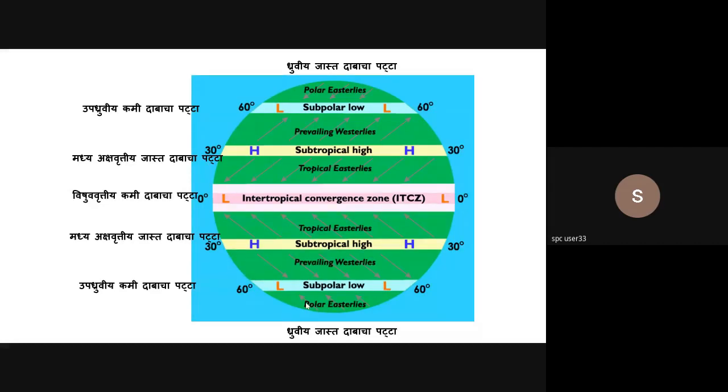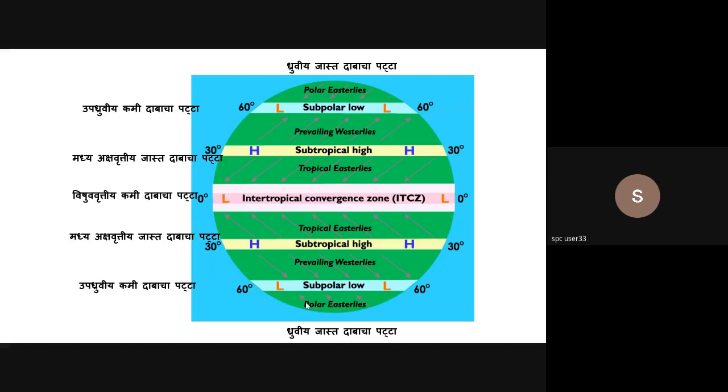I've purposely put up the names in Marathi as well, basically because a few of you could have done this in Marathi at your earlier classes, that's in school. Just go through that. Just try to identify any of these names that you can recollect. We said yesterday that there are 7 pressure belts in all.